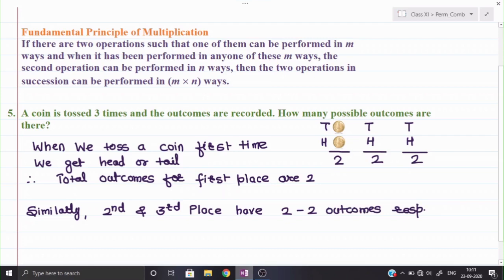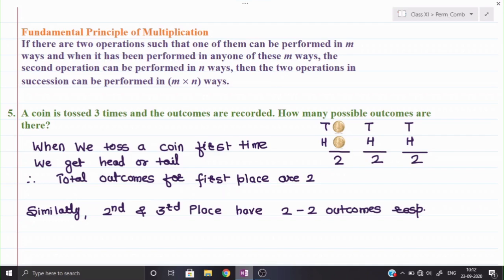Now see, here they have not mentioned whether repetition is allowed or not allowed. That is not in our hand. We cannot say that on all the 3 places each and every time head will come, or only tail can come, or that any other particular possibility could not come. So here anyone can come. Repetition may be allowed. All 3 heads can come and all 3 tails can come. That depends purely on coincidence. But we can say that each and every place, each and every time, we can arrange it